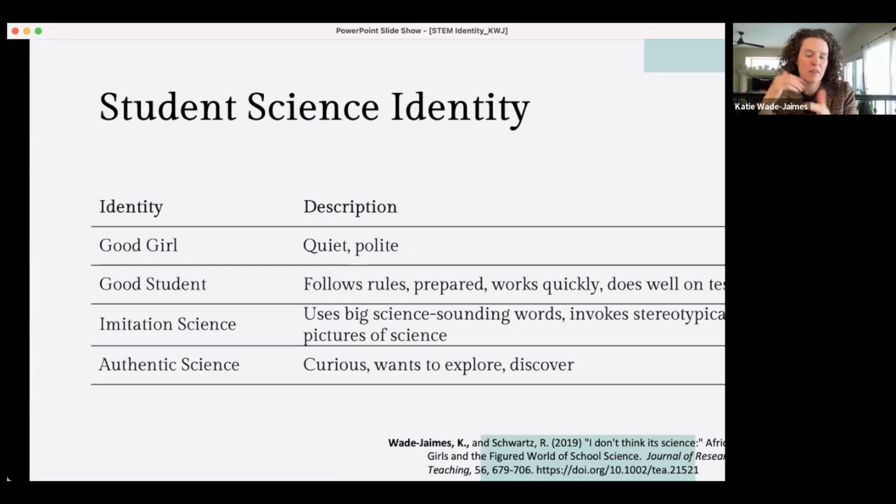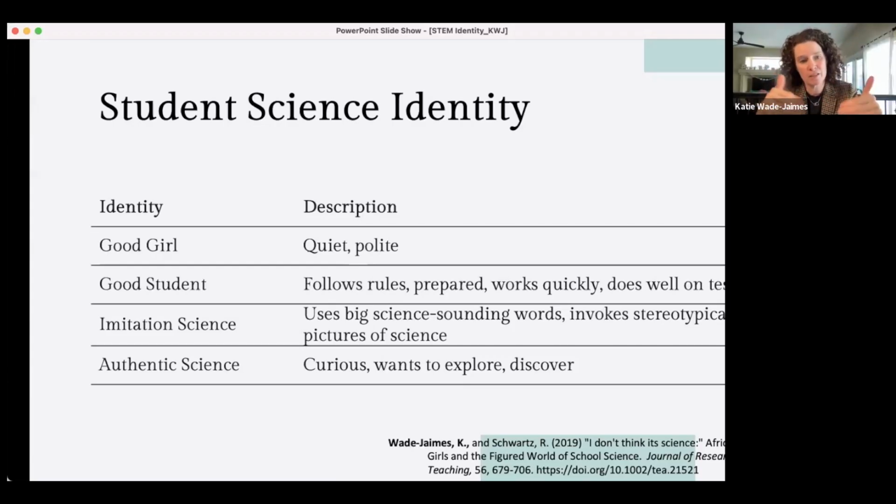In this space, there were also 2 different ways to engage with science. In the classroom or in interviews with the students, they often engaged in an identity that was meant to provoke a science identity, but ended up more imitating science. A lot of times they used big sciencey sounding words, but they weren't usually real words. They would piece together phrases that sounded scientific. They would invoke stereotypical ideas around science, like wearing glasses, or picking different pictures of science.